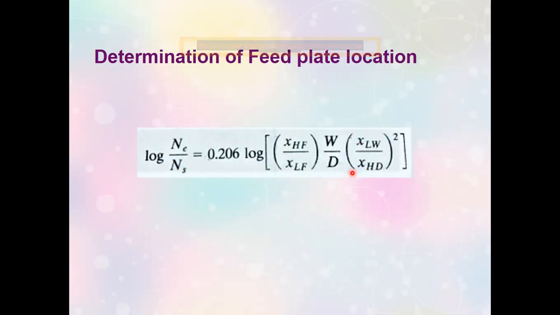So in this particular equation, you have a relationship between n sub e and n sub s. Now, another equation is needed for you to be able to specifically know the number of stages in the enriching section and in the stripping section. And that would be that n sub e plus n sub s is equal to n, which is the total